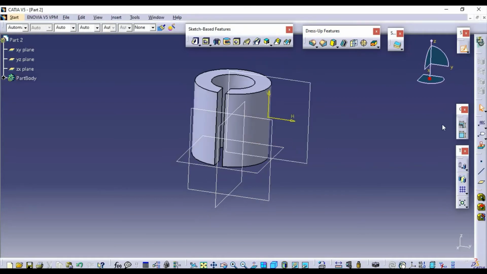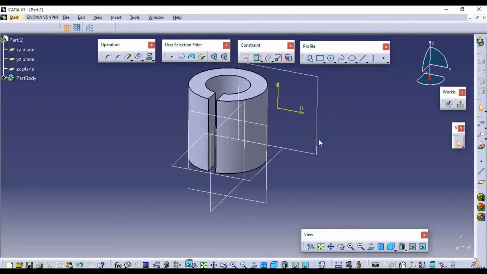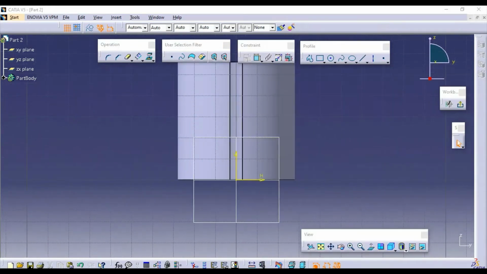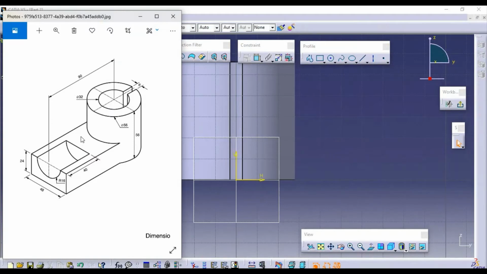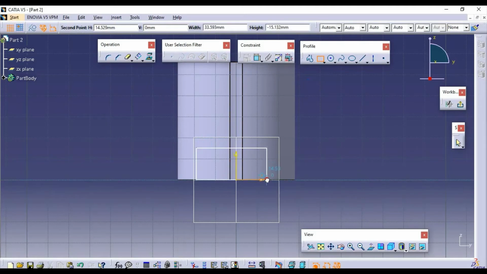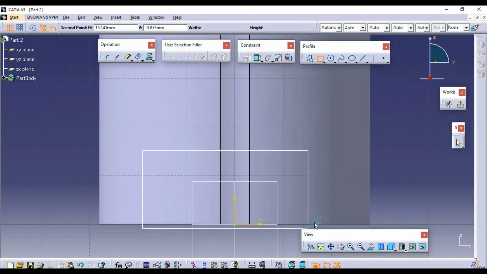Now we need to draw the other half section of our part model. You can see here we need to draw a rectangle of 24 by 48 mm. I will take a rectangle and draw it here.